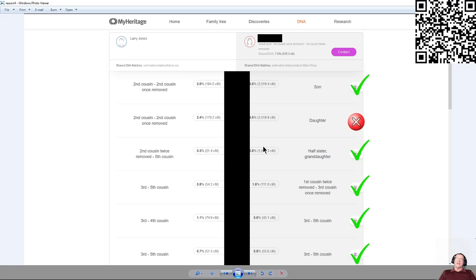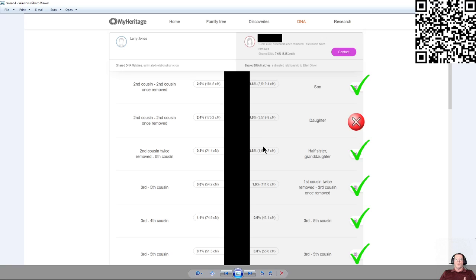Download your Ancestry DNA data, upload it to MyHeritage, and take advantage of the tools there. It doesn't matter if you're 23andMe or at Ancestry, upload it over there as soon as you can. Encourage your friends to do it as well, because the more people that do this and the bigger that pool gets, the better it is and the easier it is for us to find DNA surprise answers for them,